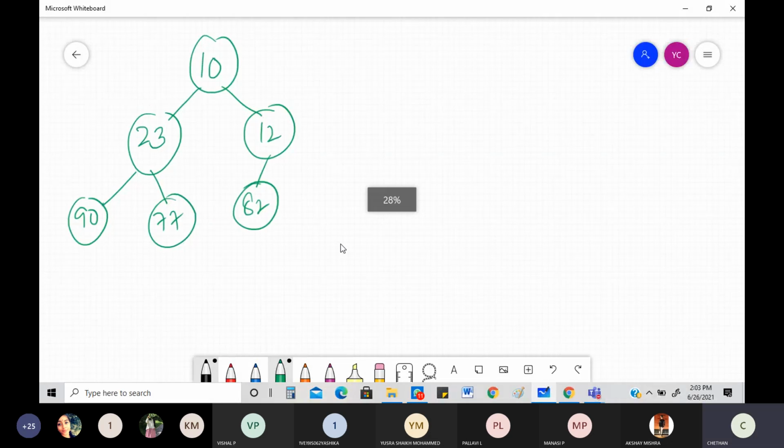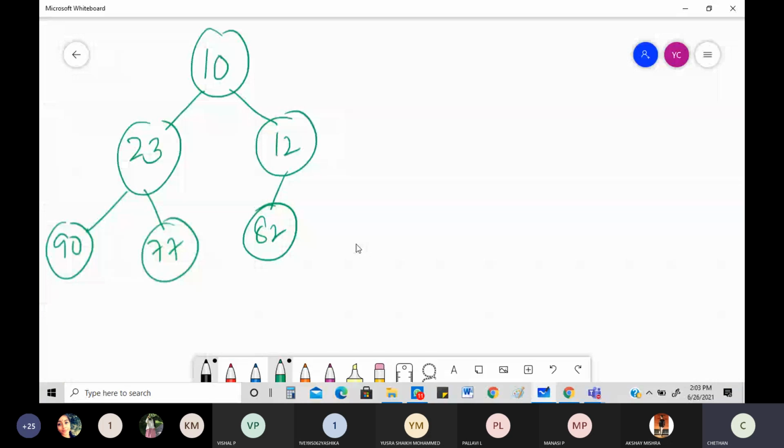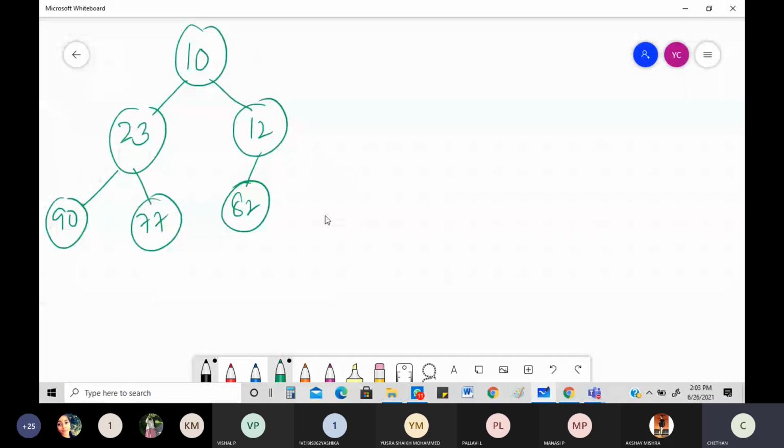Now, I told you very clearly that I need to be careful before we start. There are a few things that you have to keep in mind. Number one, this is a minimum heap. Number two, if it is a minimum heap, I need to do what is known as a descending order. You are going to get descending order only. Do the other steps remain the same? Yes, they remain the same.